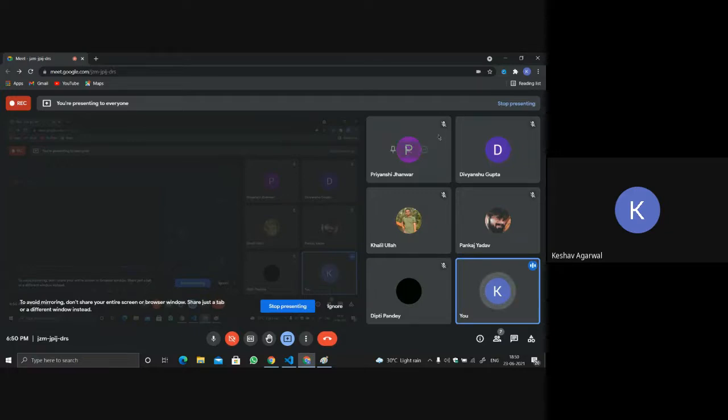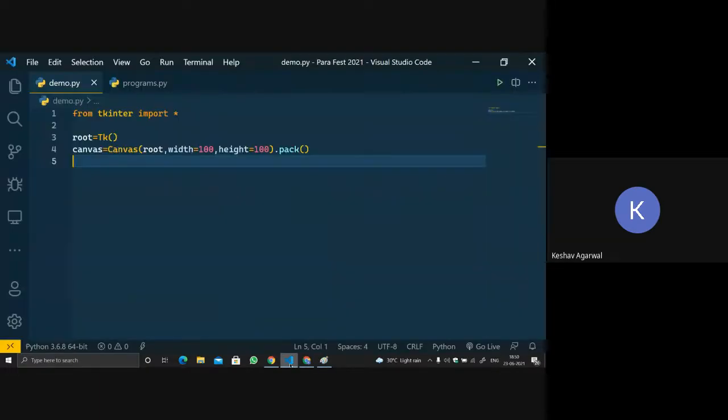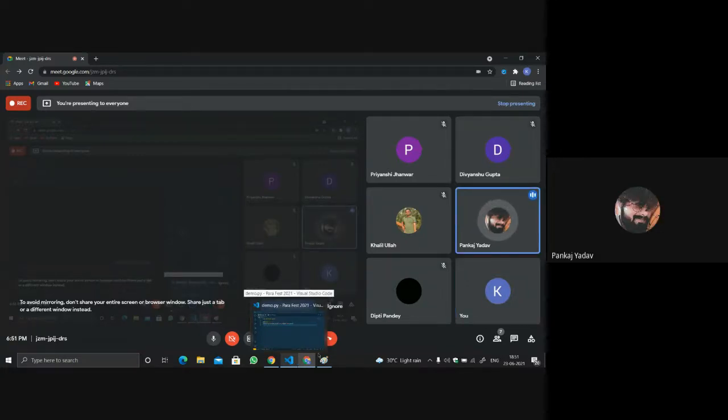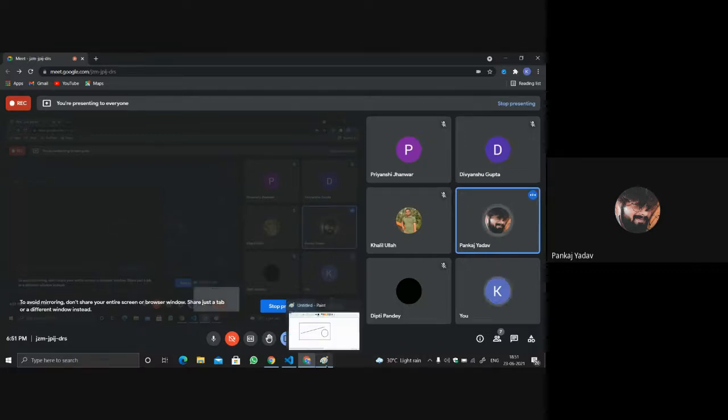Only two of you were there, Priyansh and Pankaj. Khalil and Dipti, you can also try. Can anybody unmute yourself and try the answer? Actually, I think it is used to expand the size or something like that.